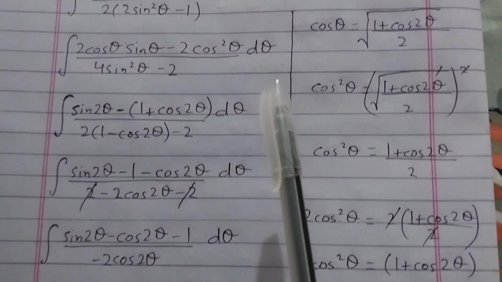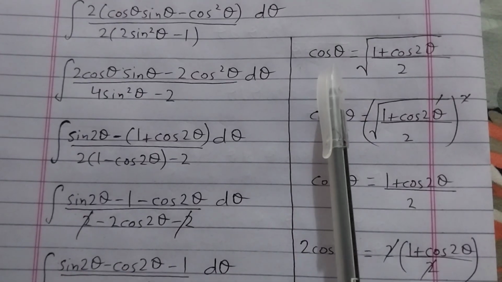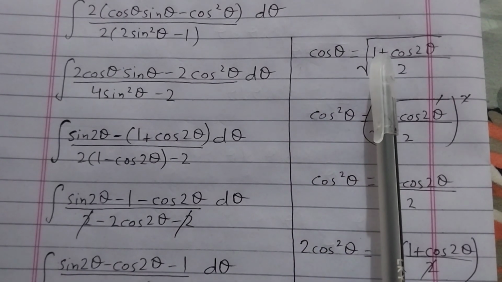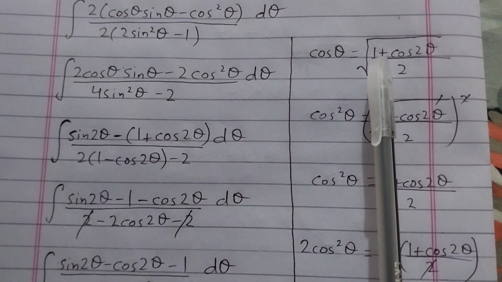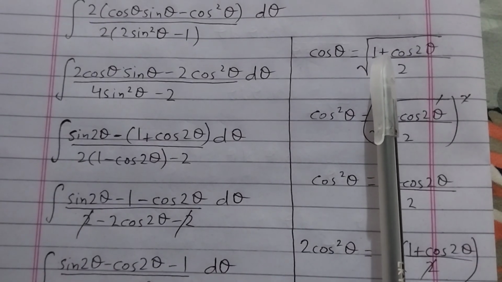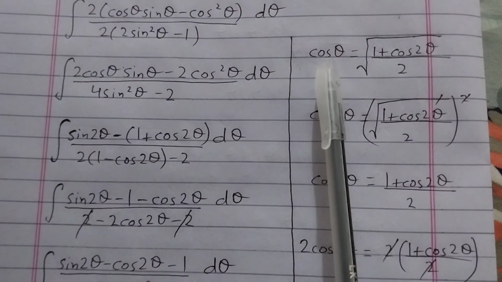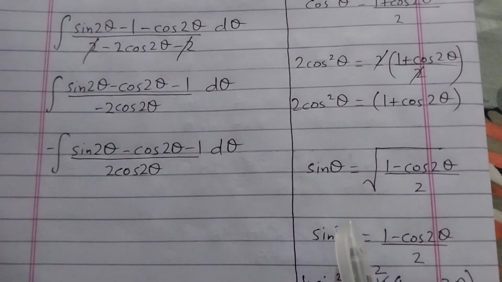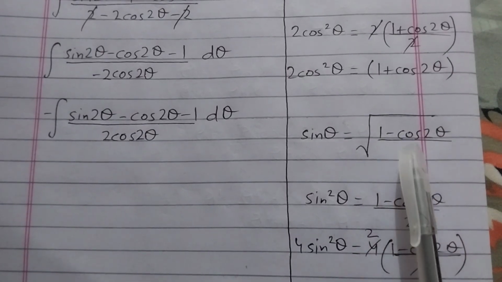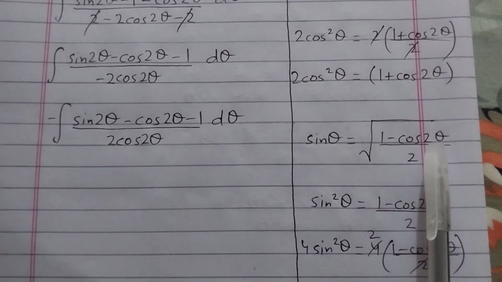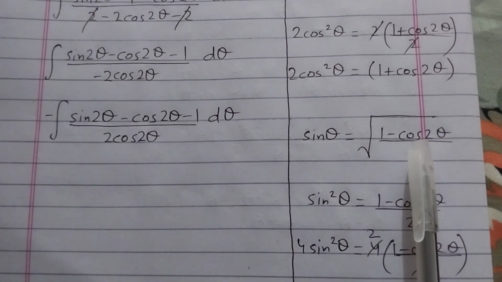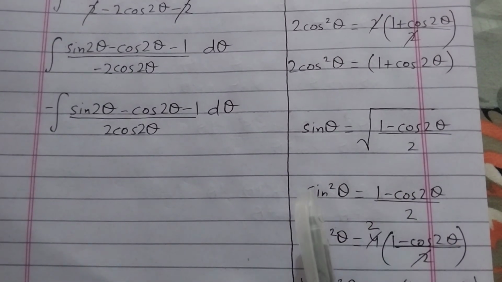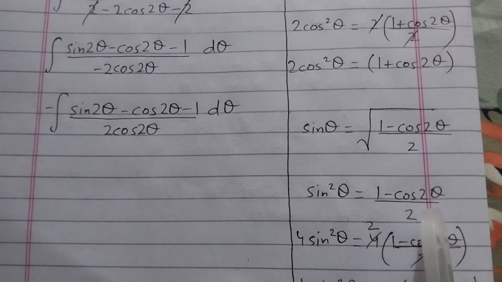And the formula for sine is similar to that of cos theta, but it just has a negative sign in the numerator here. In cos theta we have plus, and in sin theta we have minus here. So sin theta is basically square root of (1 minus cos 2 theta) over 2. This angle here is again the double of this angle. So when we take the square, we get sin square theta equal to (1 minus cos 2 theta) over 2,